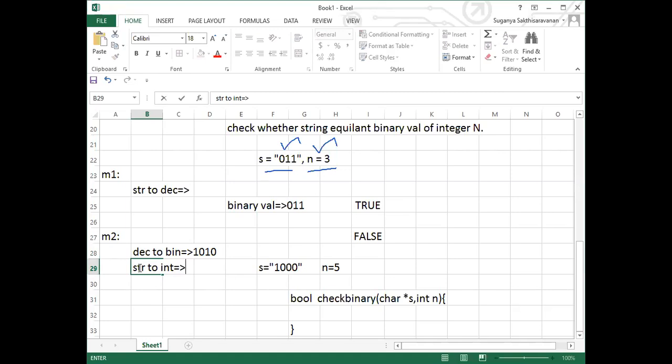You can go ahead with any one of the approaches, guys. If you're converting string to decimal, directly you'll be getting a decimal number that can be compared directly. Else, convert the decimal number to binary, again this binary will be an integer number. The same way, the string, whatever it is, you can convert it as an integer value. You'll be getting both numbers like this. You can just compare it.